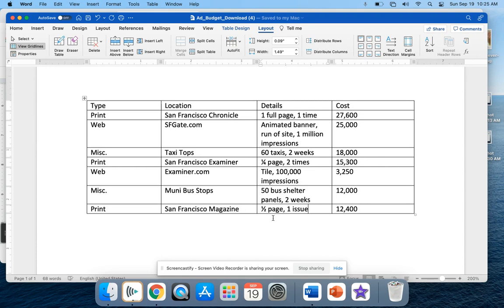Step number 8. Position the pointer over the border between first and second columns. So that would be in here. This is the column between the first and the second. It's just the border between the first and the second column. And when you get a pointer that looks like a two-headed arrow that points left and right. See, sometimes you can get down here and you get an up and down arrow. You want to keep moving it till you get a left-right arrow. Okay. And what you want to do is drag that over to the left to the half-inch